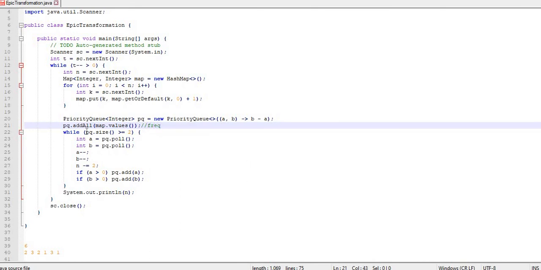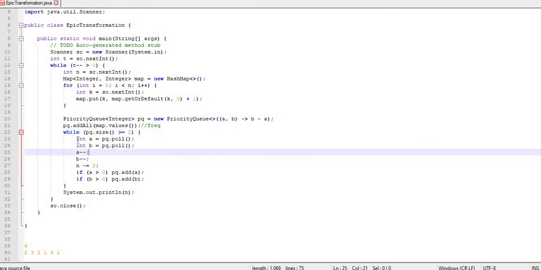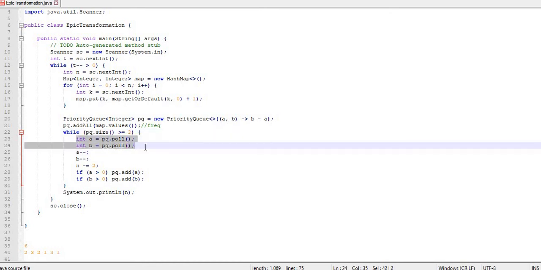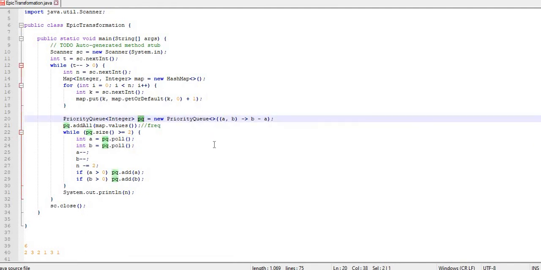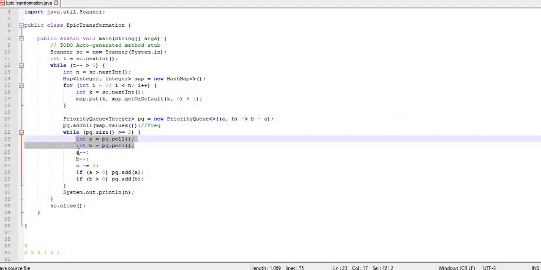Now after that, if the size of my priority queue is greater than or equal to 2, first I am polling out, that is, removing the elements having the highest frequencies. This priority queue is based on descending values, so whatever frequencies are higher, those elements I poll from my queue first.